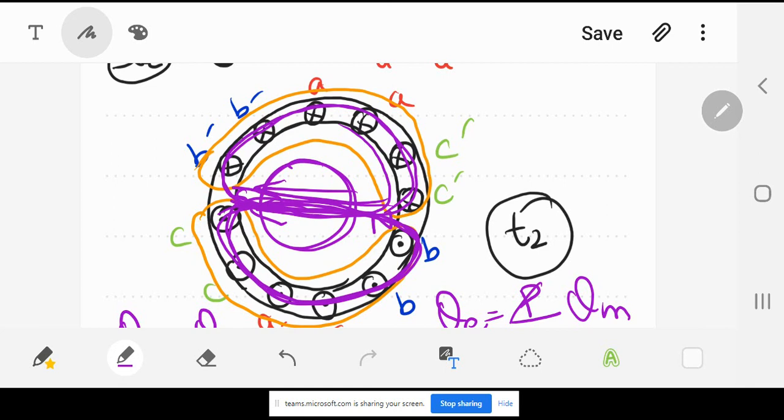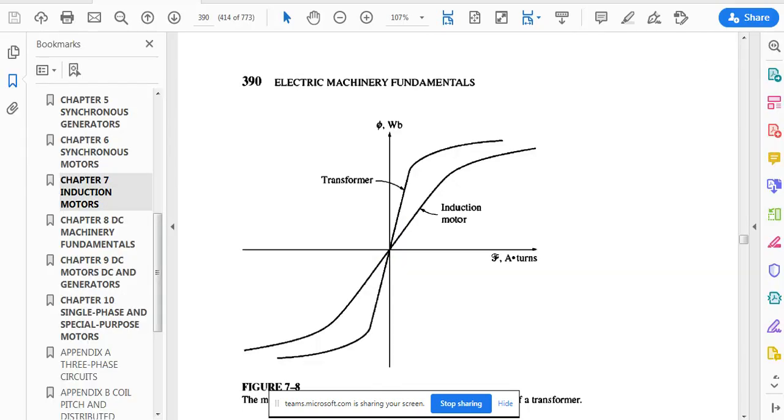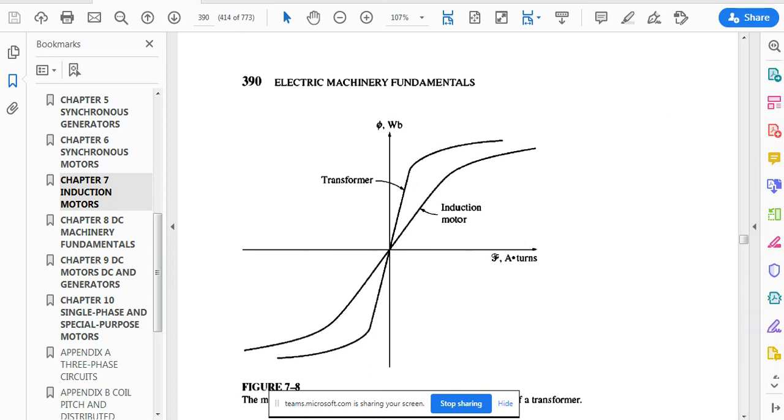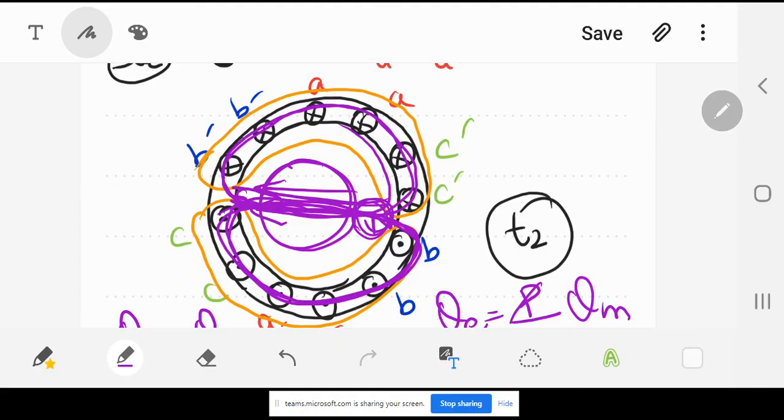Here it has to travel through this air gap. An air gap, as you all know, is a very bad conductor of flux. So certainly you are not going to get any good effect as compared to a transformer. So this is also a big difference between a transformer and an induction motor. You can add this one to the difference list also. I hope your answer is answered a little.